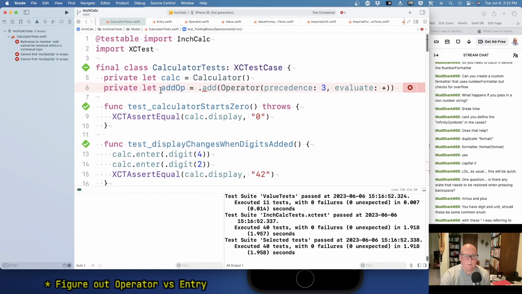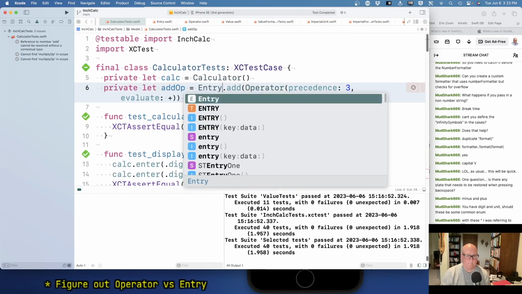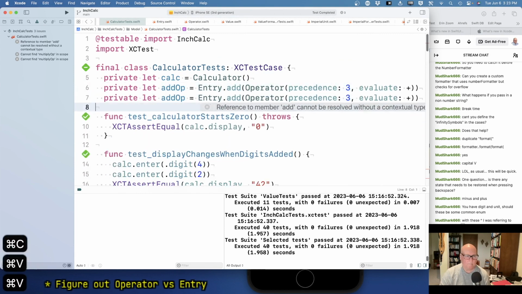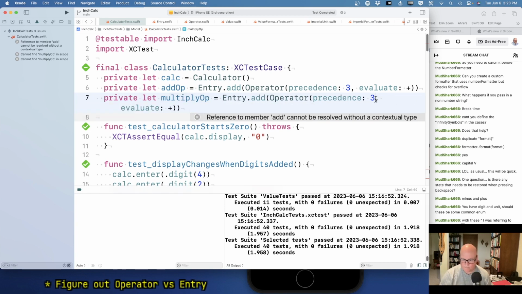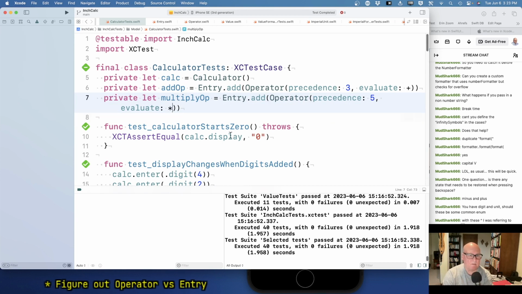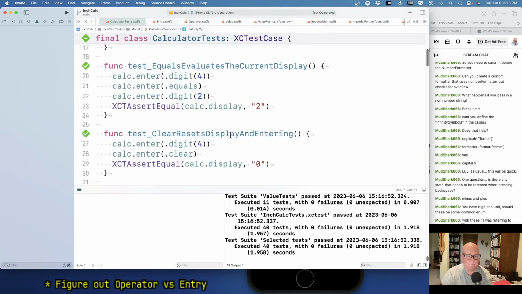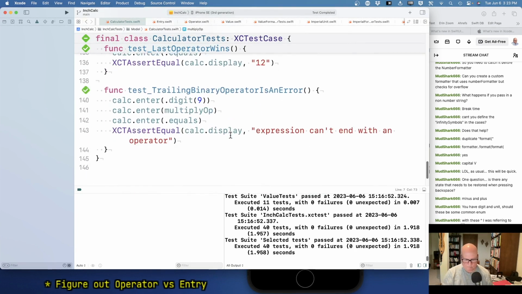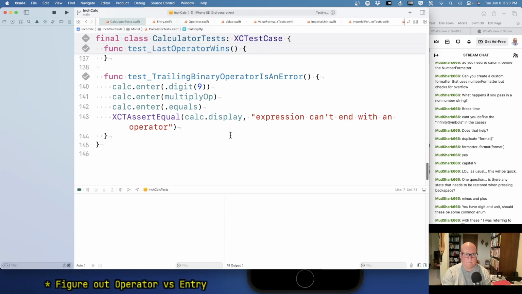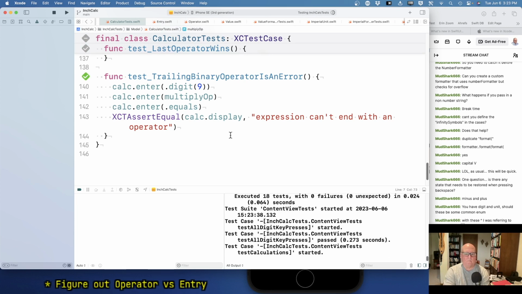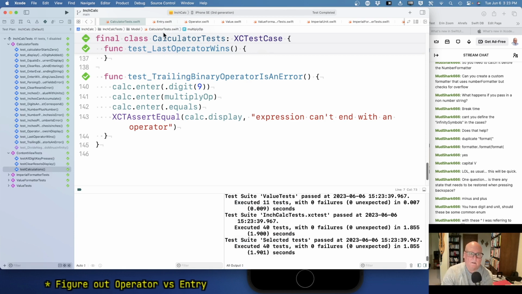Okay, multiply. Precedence 5 and multiply star. Okay, now